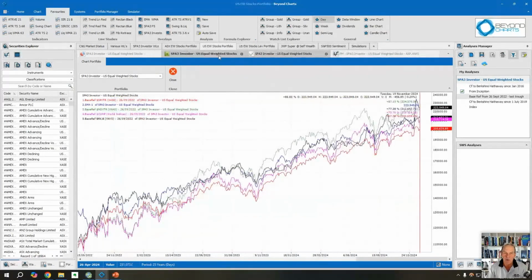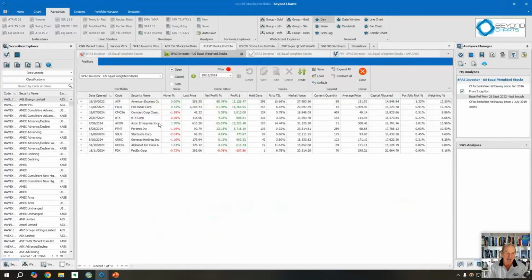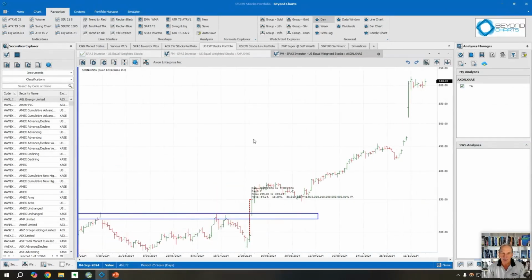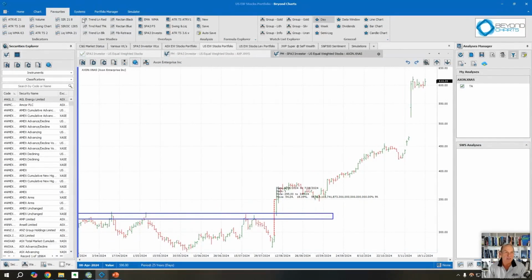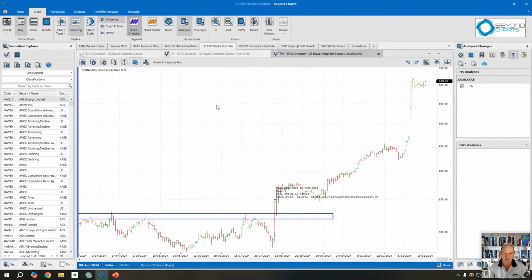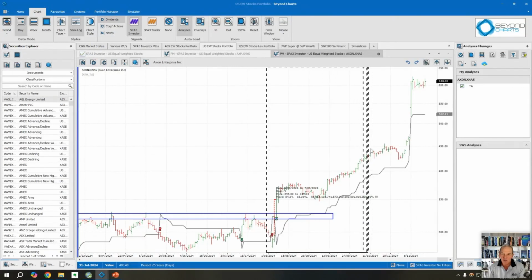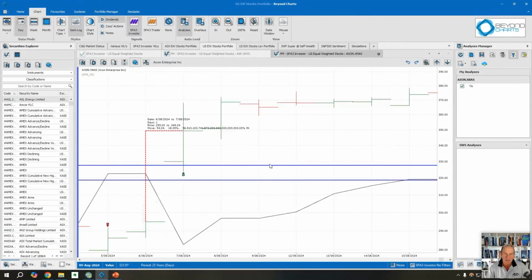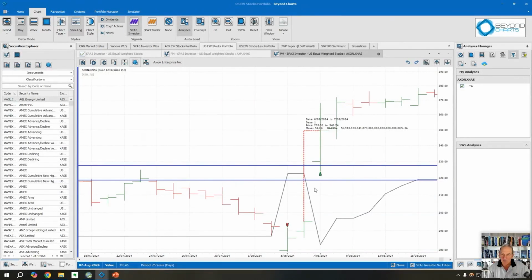If we go into the US portfolio, this is anything can happen. I want to show you Axon Enterprise. Where's the signals? Why are the signals off here? It's path reinvested. Let's turn it on. Okay, I'm going to zoom in on this trade over here, because what happened, in fact, I'll go in a bit more, is the signal was generated here. Oops, sorry about that. The signal was generated on an 18.39% jump in price from there to there.